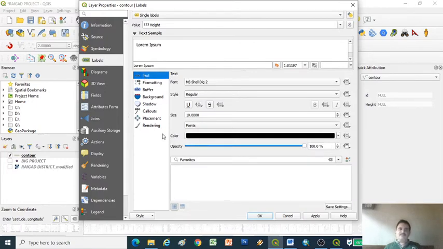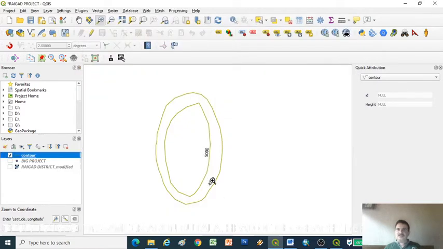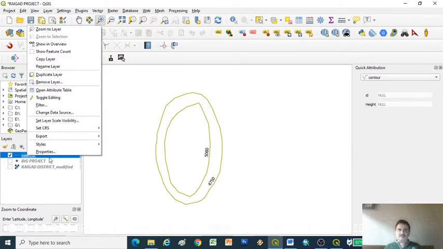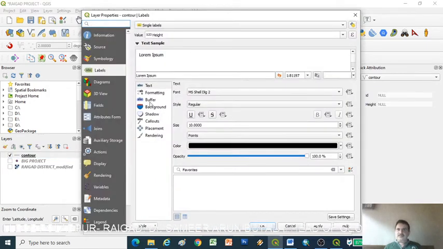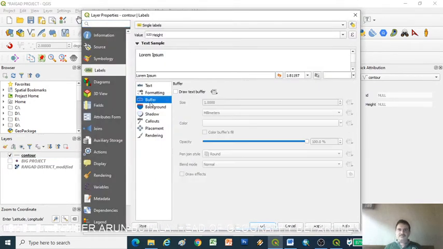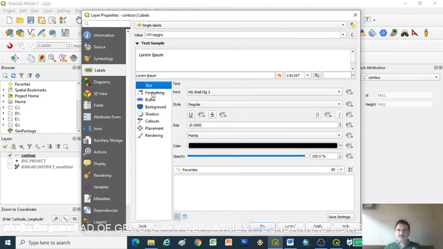Suppose I want to change the color of the font, meaning I want to change the color of the figure. I will go to the properties and change the background and some text.